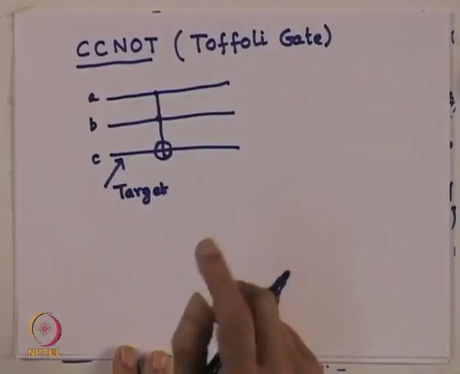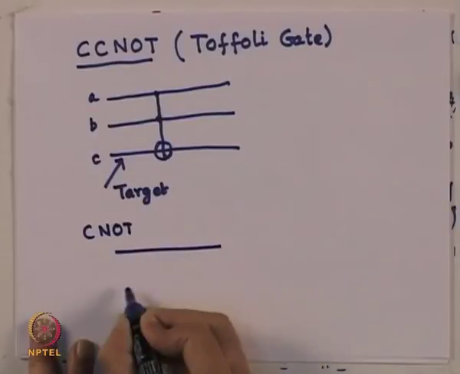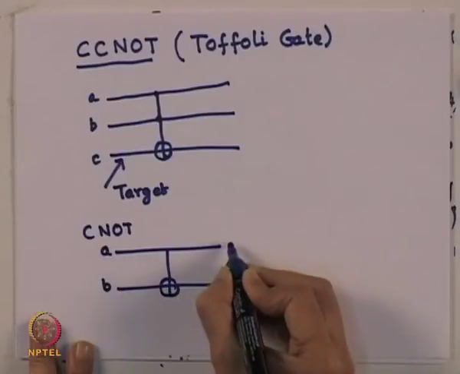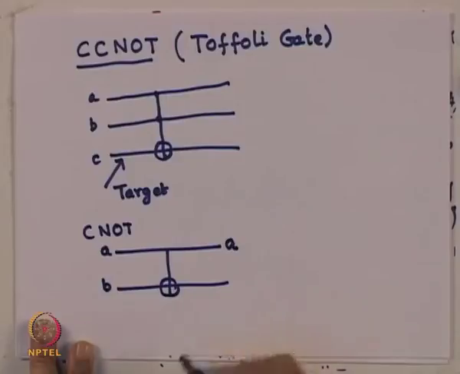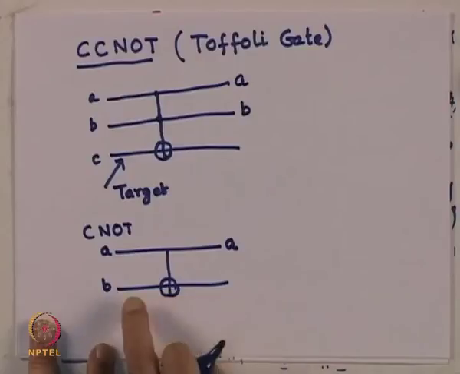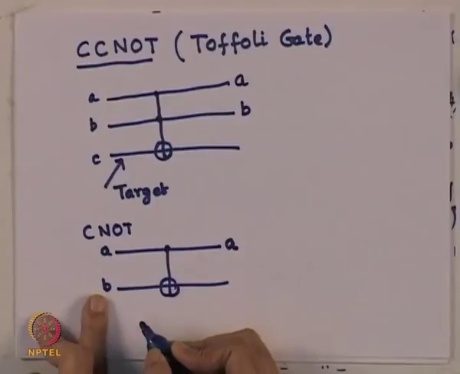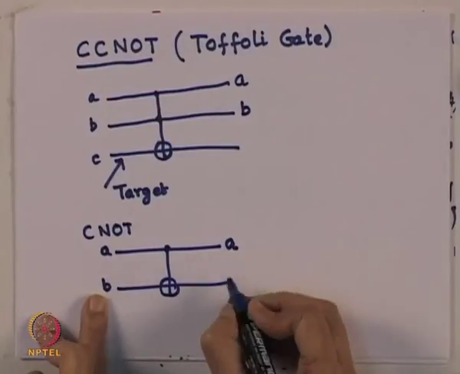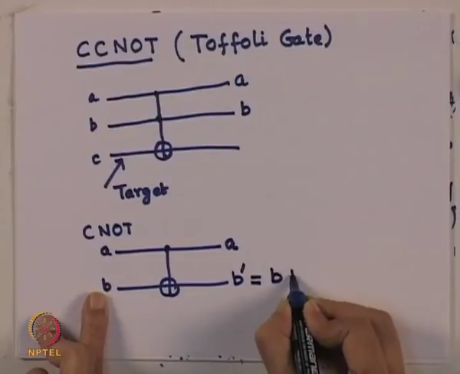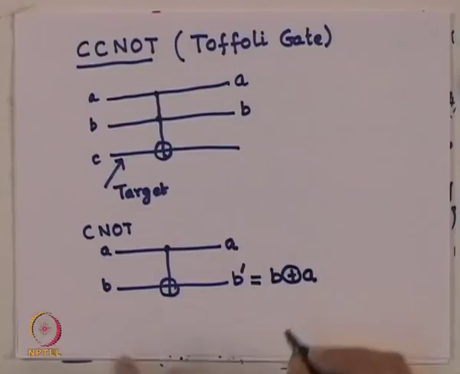Now, recall that we had a normal C0 gate where we said the following: if this is A, this is B, we said this is always left without change. Here also A and B will be left without any change. Here we said if A is equal to 1, then only B will change. The way of writing this is to say B prime is equal to B addition modulo 2 of A. This is the same as an XOR,